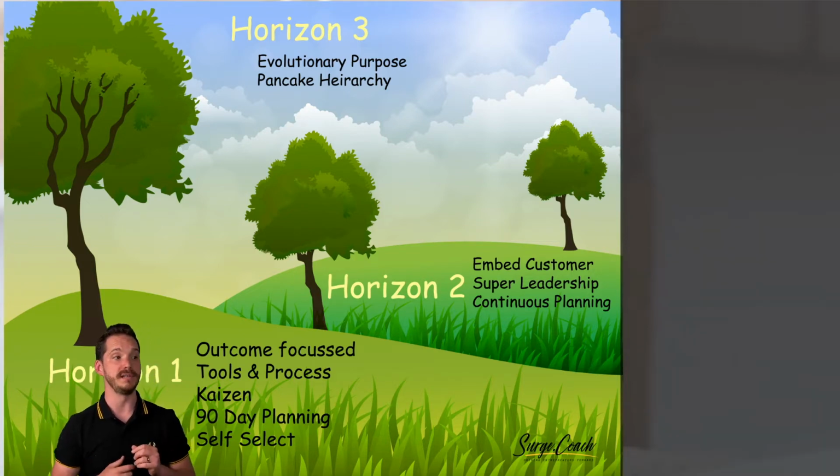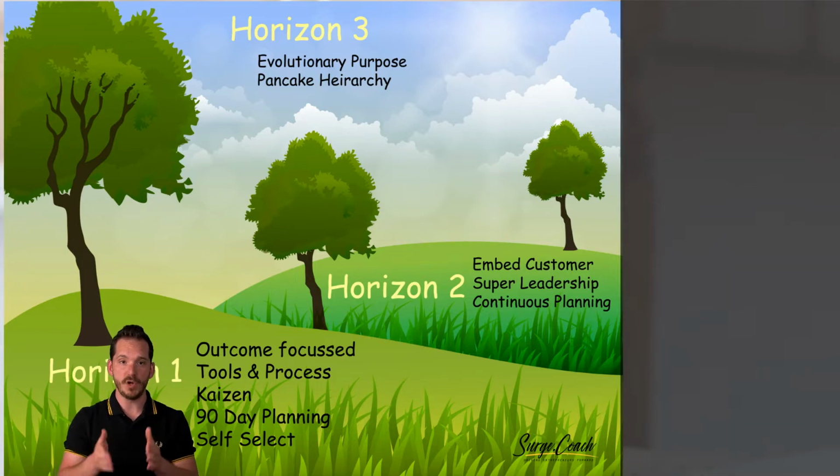How we use this is to go, right, what do we know right now? What can we change right now? What can we control? What can we influence? What's easy? How do we get an ROI straight away? Horizon 1. These are things we put most of our effort into at the start. Horizon 2 are things that we need to get done to increase customer value, but we can't do straight away. We need buy-in, we need some budget. It takes time.